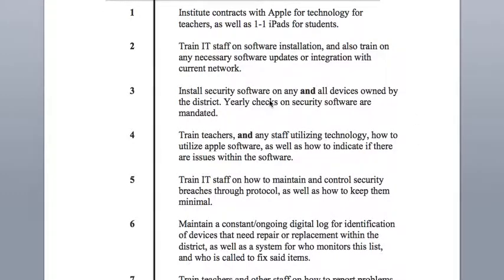The third one I wanted to point out, installing security software on any and all devices owned by the district. We also need annual checks on security software. I think that this is a big one because sometimes we are only looking at things that teachers are doing, or vice versa, we're only looking at things that students are doing, and we need to be able to monitor all of the devices that are owned by our district in case something comes up